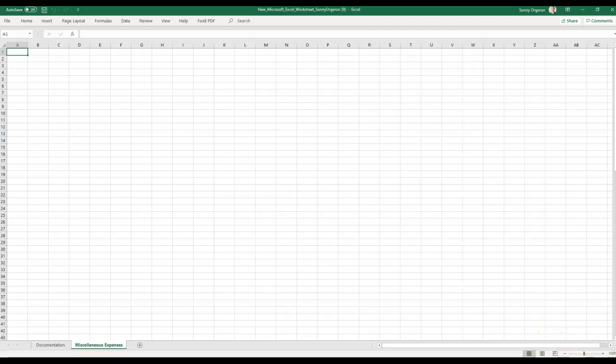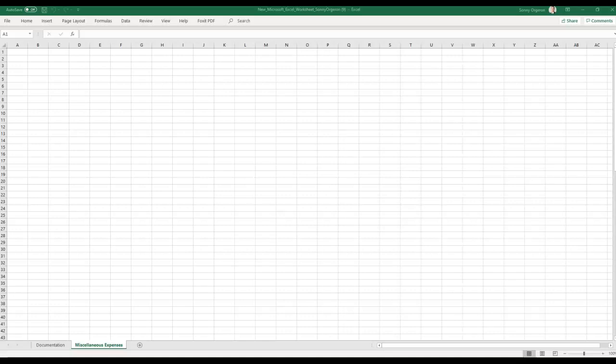This is not part of the assignment right here, but I'll show you. If you right click on top of miscellaneous, you also have the hide option. So if you don't want somebody to see a sheet, or you don't want the sheet to be available, you could always hide it. And you can see here it disappeared. If you right click on any active sheet and select unhide, it would show you which sheets were hidden in this workbook, and you could bring them back. So you could double click or select OK. This is not part of the assignment, I was just showing you. Okay, moving on to